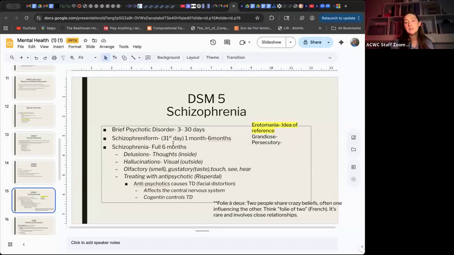Once it hits the 31st day, so literally the 31st day, like that 1 month, then up to 6 months, then it becomes schizophreniform. It's still not schizophrenia. Like if you had this question on the exam, you still would not pick schizophrenia as the answer. It would be schizophreniform. Finally, if someone's having these symptoms and in the question it says 6 months or longer than 6 months, then the answer would be schizophrenia. So that one, I'm going to put my laptop in. That's one you got to be really careful with, where you have to literally know